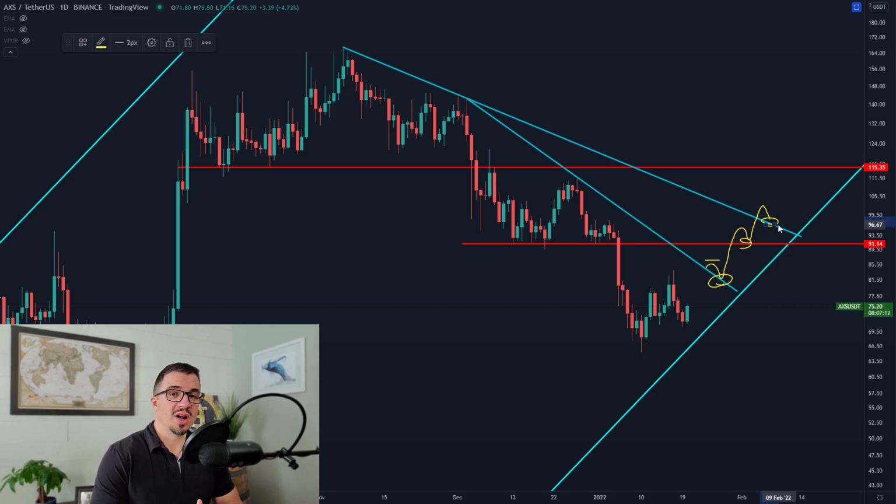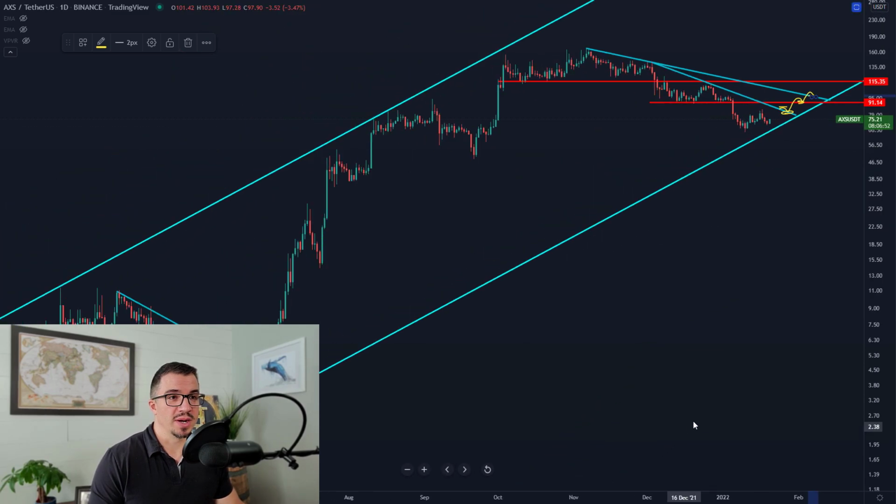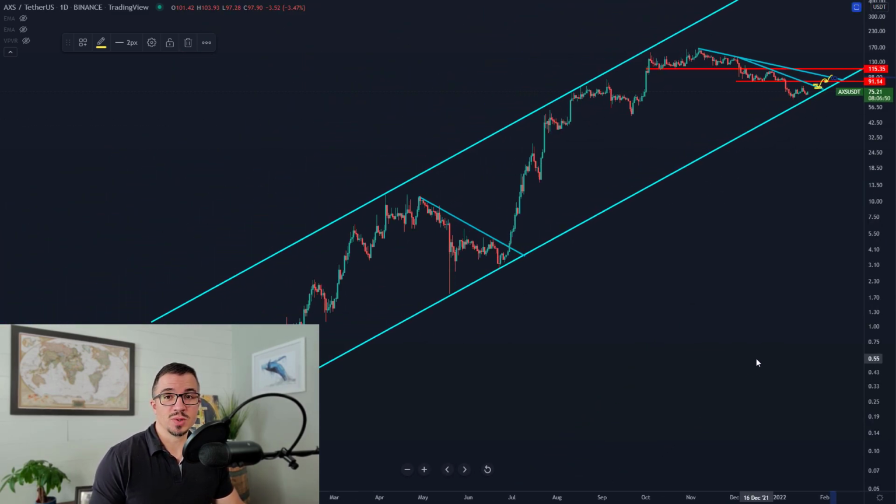So if we do see all of that occur and Bitcoin does move up to that $50,000 to $53,000 area, and we see continued strength from the crypto market like we're seeing a little bit today, then I do think Axie Infinity could go on another run, at least back to the all-time high, potentially up toward $200-300 later this year. So there is some opportunity here to really play the uptrend that's been intact since late 2020.